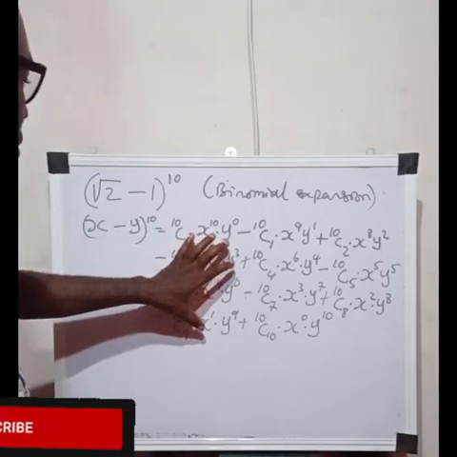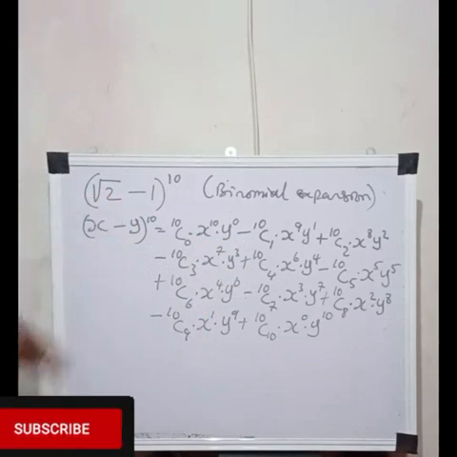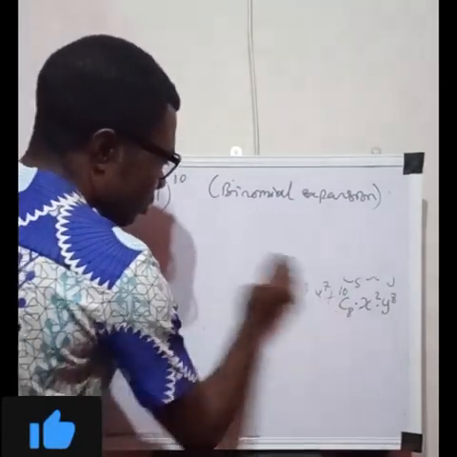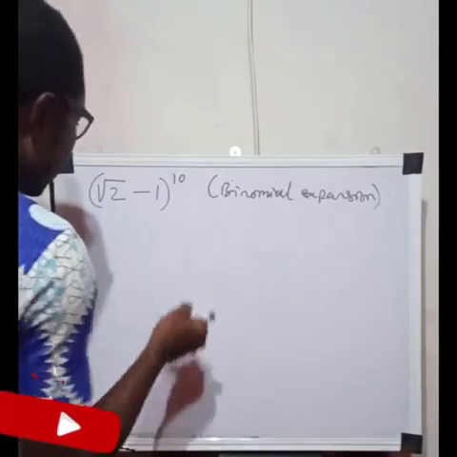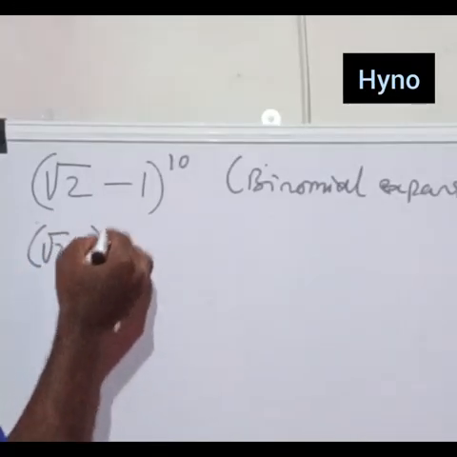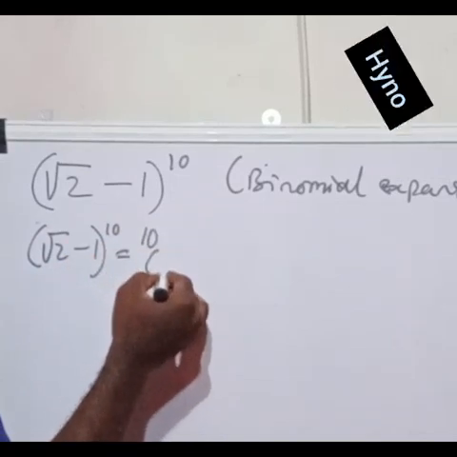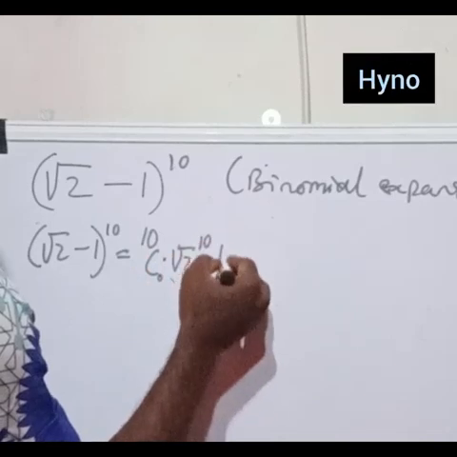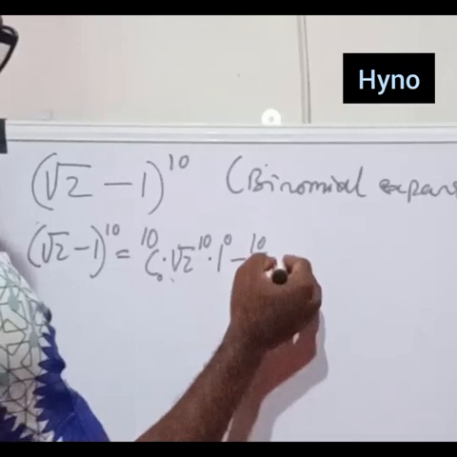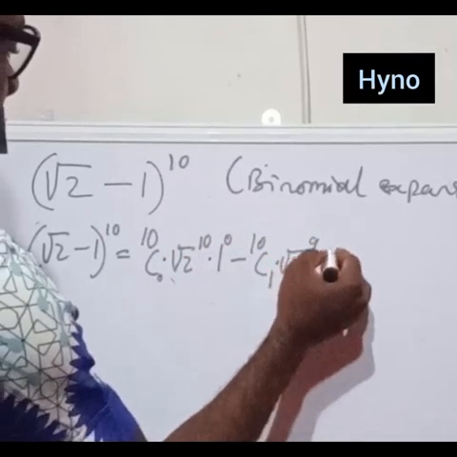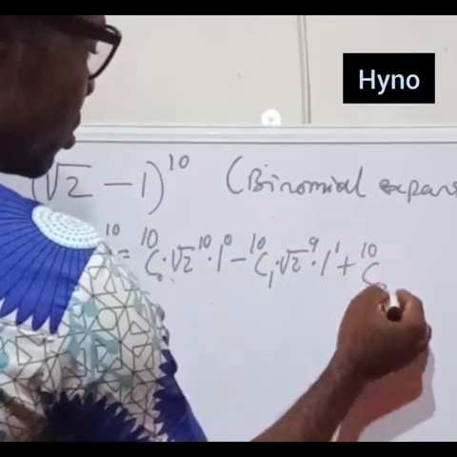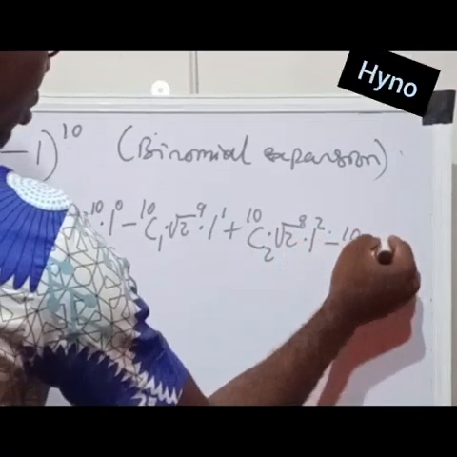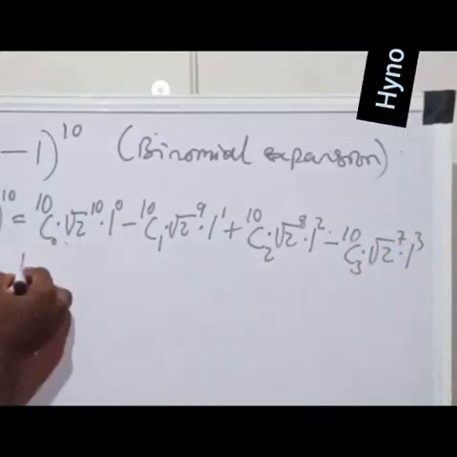Okay. So if we apply what we have here to our question, it is right for us to say that root 2 minus 1 raised to the power 10 by binomial expansion is going to be 10 combination 0 times root 2 raised to the power 10 times 1 raised to the power 0 minus 10 combination 1 root 2 times root 2 raised to the power from 10 to 9 times 1 raised to the power 1 plus 10 combination 2 times root 2 raised to the power 8 times 1 raised to the power 2 minus 10 combination 3 times root 2 raised to the power 7 times 1 raised to the power 3 plus 10 combination